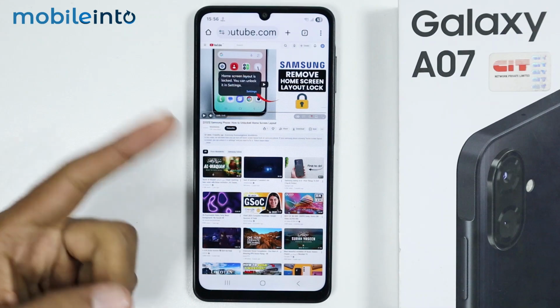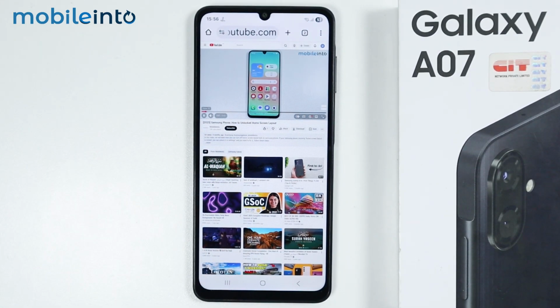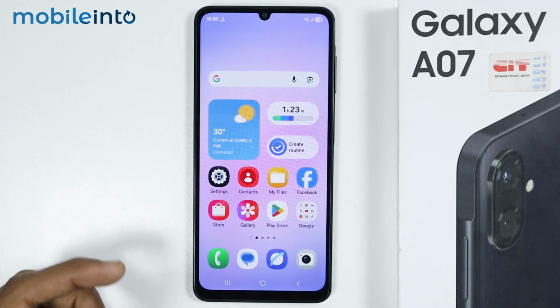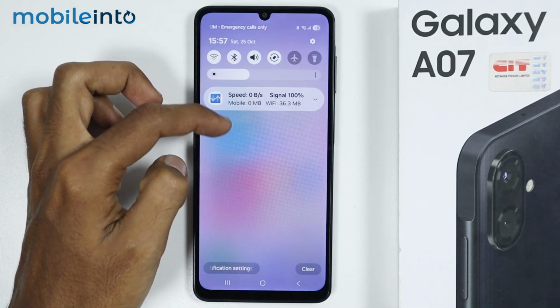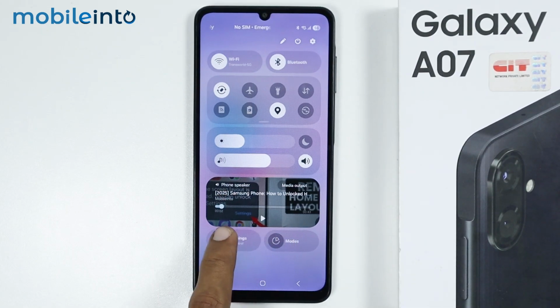Now to play this video in the background, just play this video and go to your home screen. And on your home screen, just swipe down from the top of the screen and open the Control Center. Now in the Control Center, you will find this media player. Now if you tap on the play button,